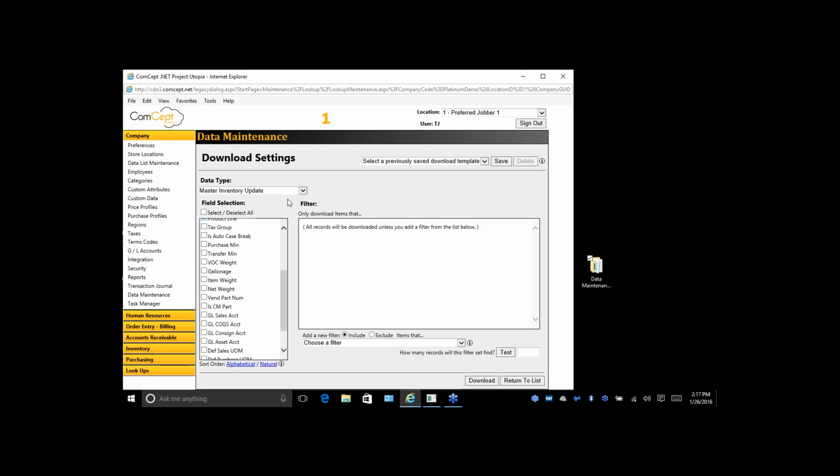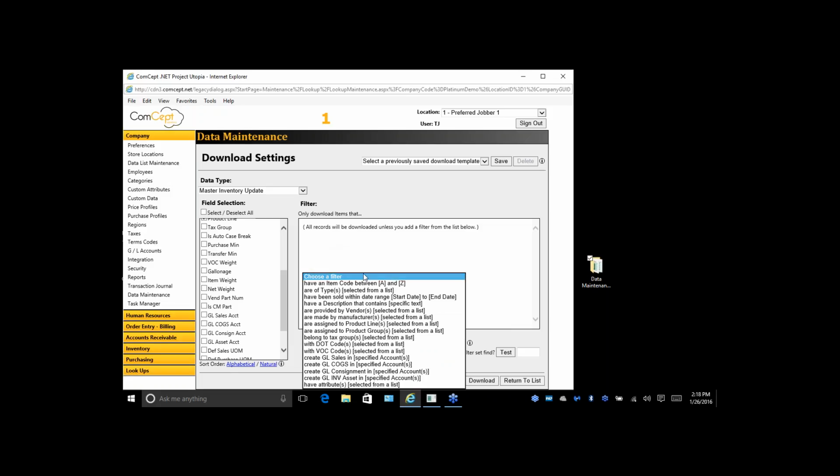And then any other information that you would want. And then you can also filter where you're choosing what you want to download. So you can see you just have a pull-down list here of all the different filters you can use. One of those new filters being basically an active item range. So if it had any sort of transaction whatsoever, between a start date and an end date, it filters it